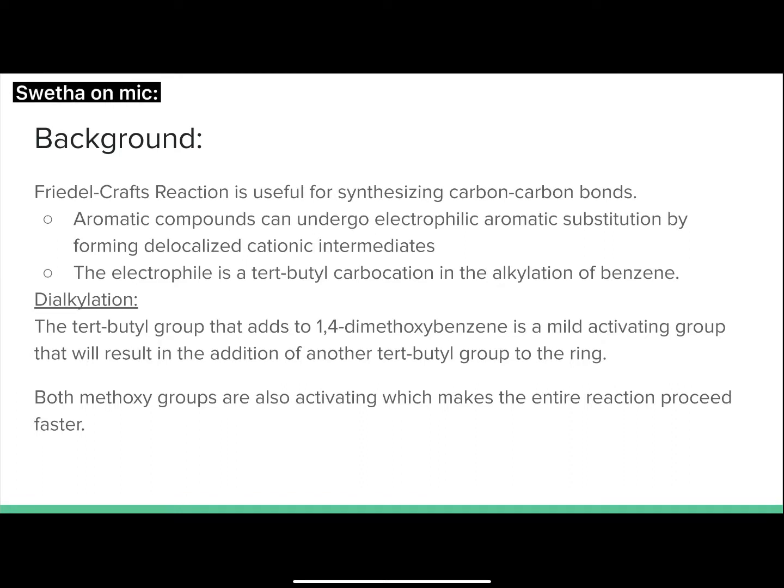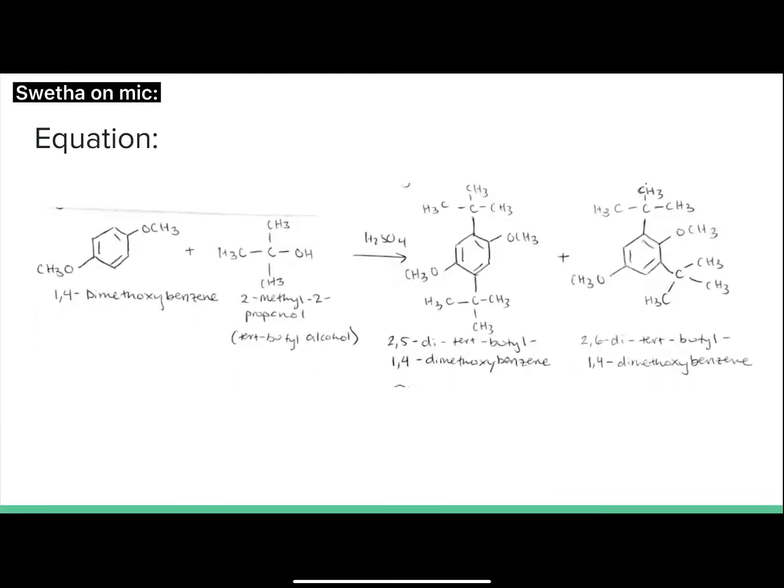This happens because the tert-butyl group that adds to 1,4-dimethoxybenzene is a mild activating group that will result in the addition of another tert-butyl group to the ring. Both the methoxy groups are also quite activating, which makes the entire reaction proceed faster. Here we can see that